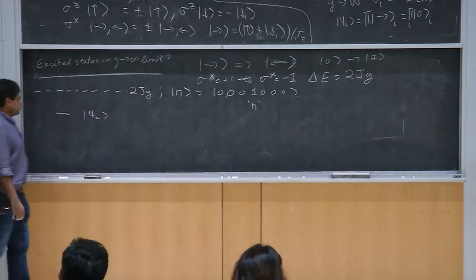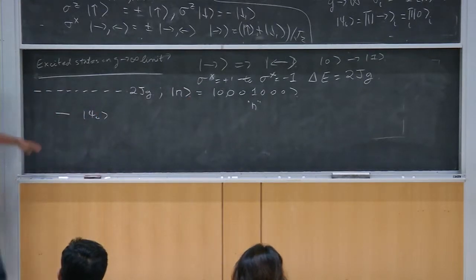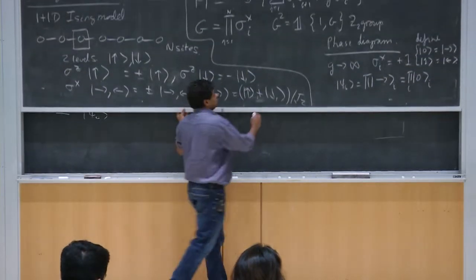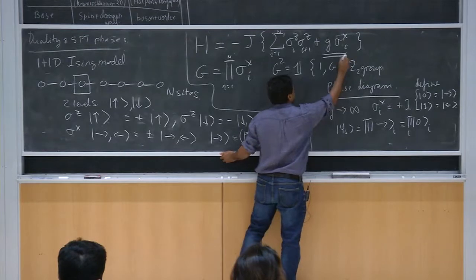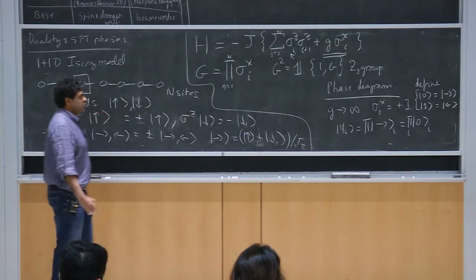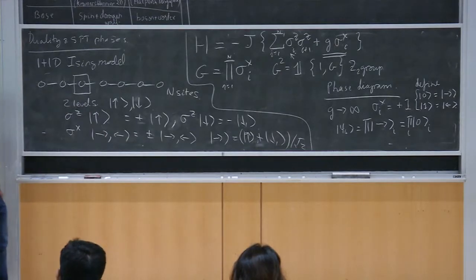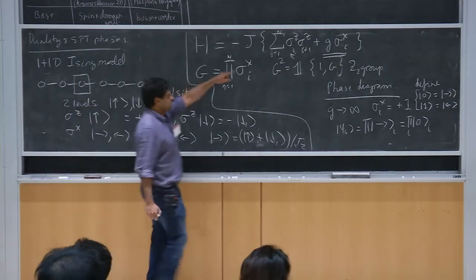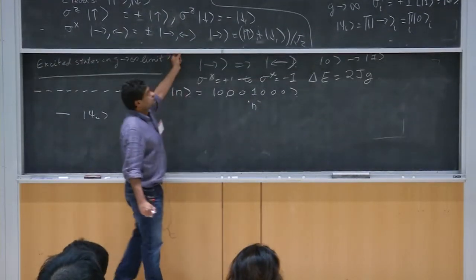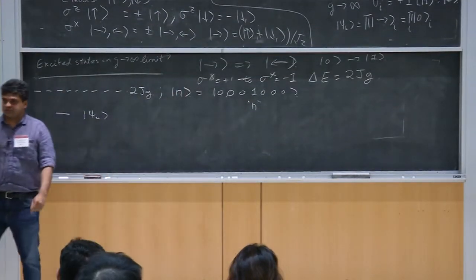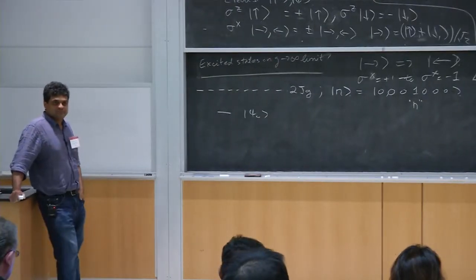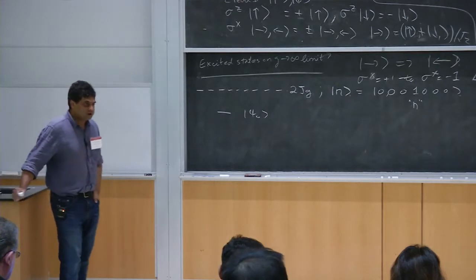And what you can do now is ask, this was just looking at this term in the Hamiltonian, but we're interested to know what this other term does. It's weak because G is very large, but what is the perturbative effect of this term over here? Any suggestions what that might be doing? Yeah, it moves that around.